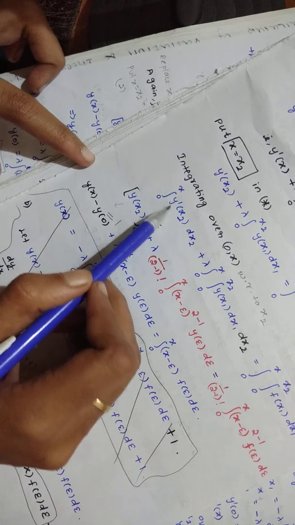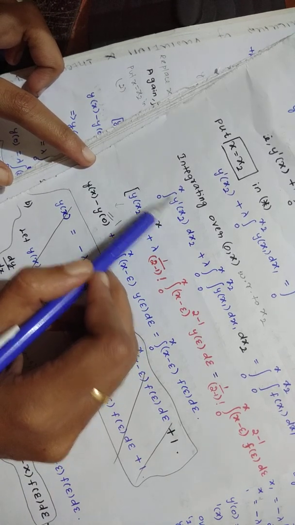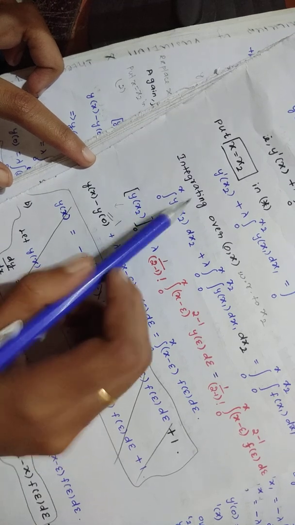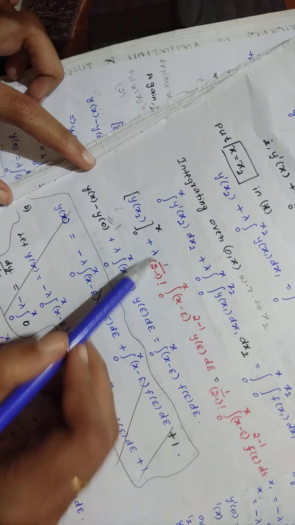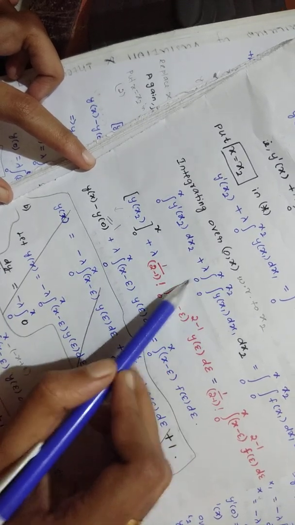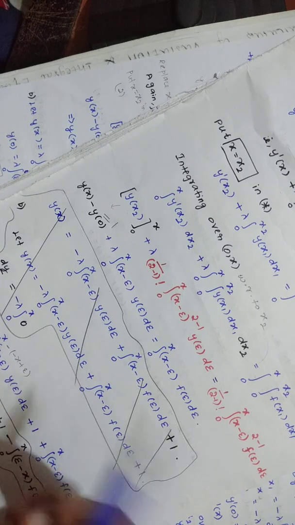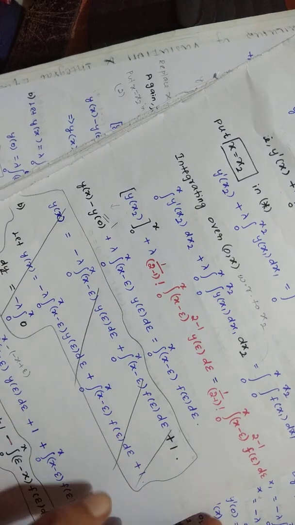y dash means there is a d by dx of this, right? So differentiation and integration are nearby, so both get cancelled and you get y of x2, and then apply the limit. Plus here put lambda as it is, and for this you are applying a theorem that you will learn just before this problem. Okay,